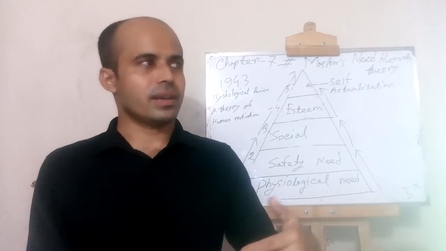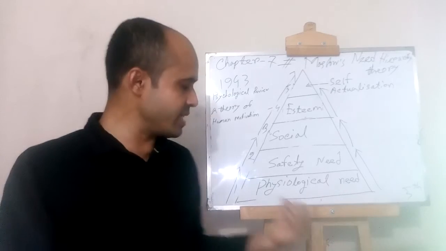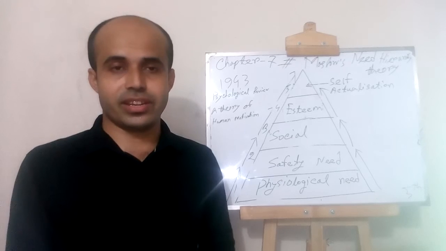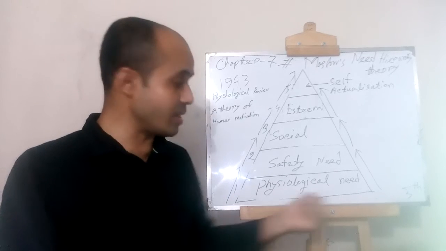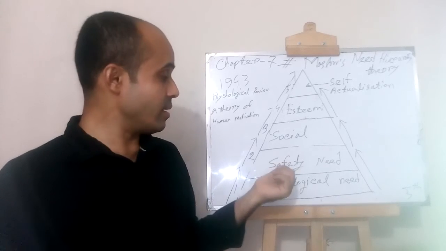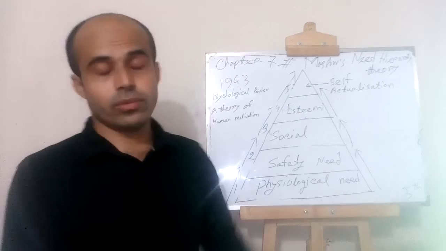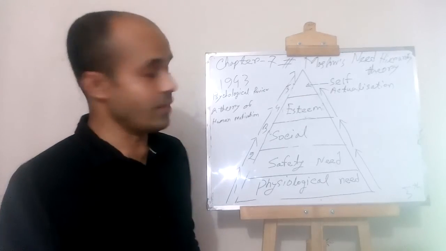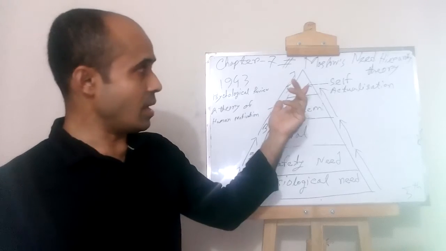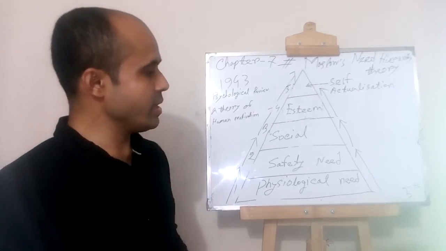Some of them become zero to hero. When it was zero, that means he needs the physiological, he struggles for physiological needs. When the physiological needs are completed, then safety needs, then social needs, then esteem, and now self-actualization. So step by step, I believe Maslow's needs hierarchy theory is a good theory